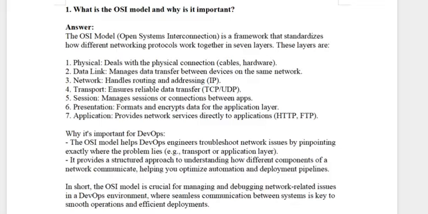Now, why is it important for DevOps? The OSI model helps DevOps engineers troubleshoot network issues by pinpointing exactly where the problem lies. For example, whether it lies in the transport or the application layer. It provides a structured approach to understanding how different components of a network communicate, helping you optimize automation and deployment